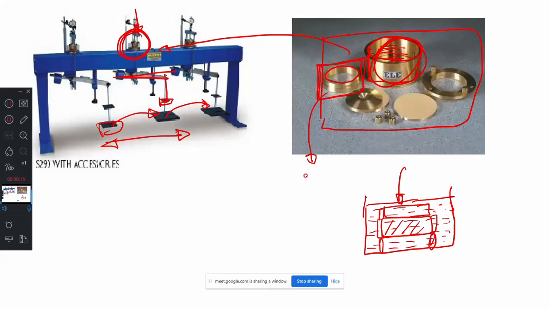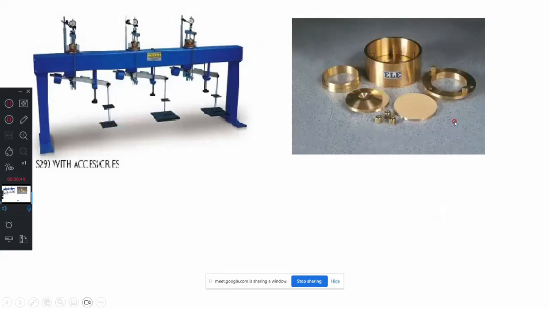When you apply this load, the water will start escaping from the soil. This escape of water you cannot measure, because the entire assembly is put in the water bath. To measure it, we will apply one dial gauge here. This dial gauge will measure the decrease in the height of the sample. Decrease in the height of the sample means expulsion of water. Then we will take many readings, and after that we will study this. Just go through this equipment. I will use this in the further explanation.